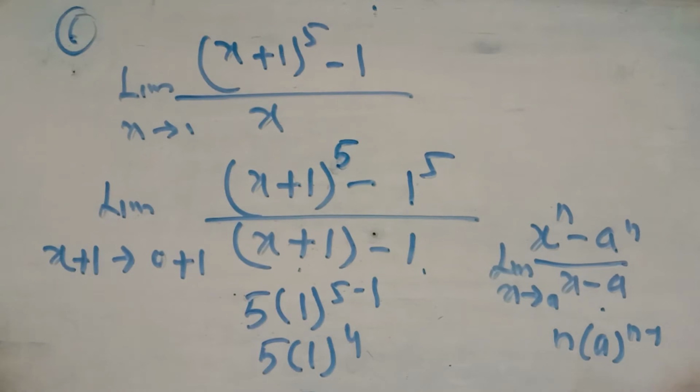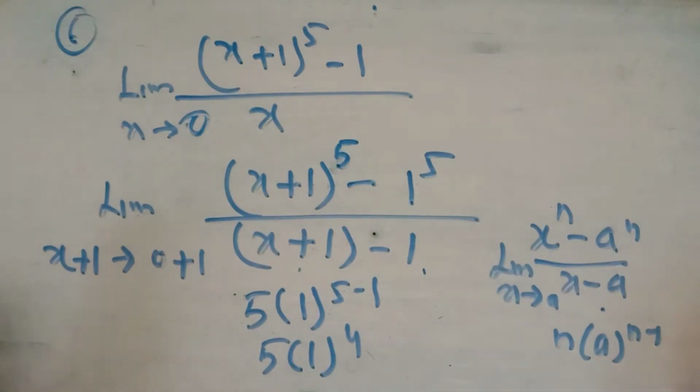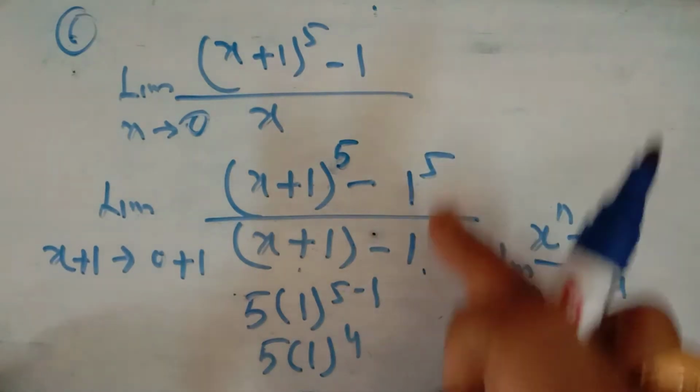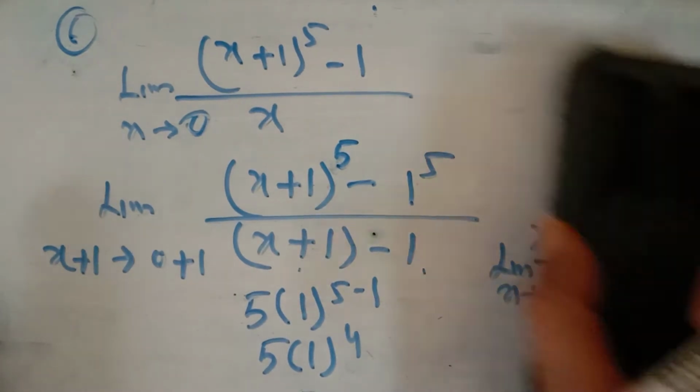5 is the limit of this function when we are getting 0 upon 0 form by directly putting the value of x. In that case you have to remove that 0 upon 0 form to obtain the limit of this function, and in this case we have arranged it like this to convert into this standard limit to obtain the limit of this function. So it is a good question.